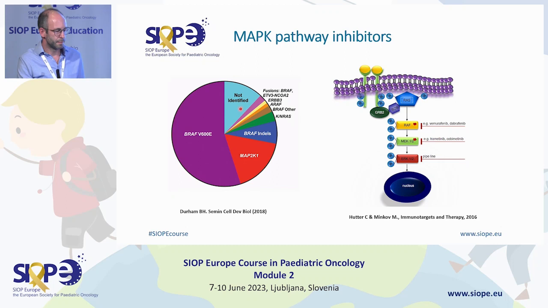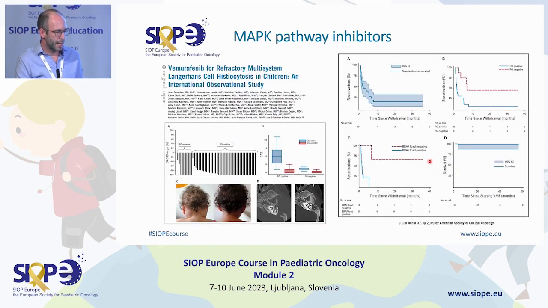These are the mutations, as I mentioned before, and this pathway can be blocked. RAF can be blocked using vemurafenib and dabrafenib, MEK using trametinib and cobimetinib, and there are also ERK inhibitors in development. And as I told you at the very beginning, the response to these inhibitors is excellent. On this waterfall plot, you see that the patients uniformly react,